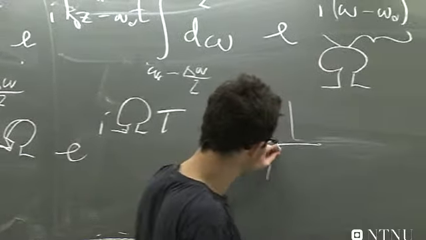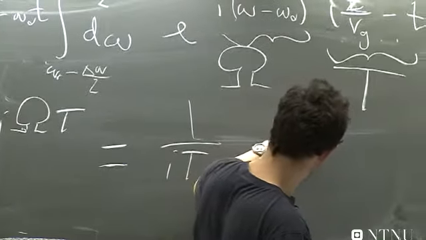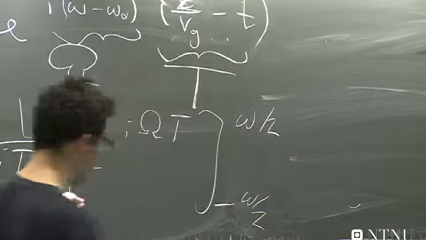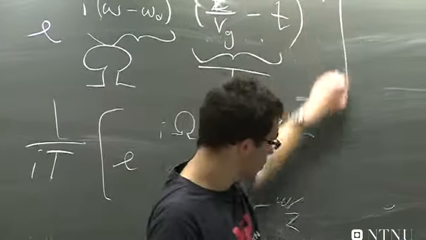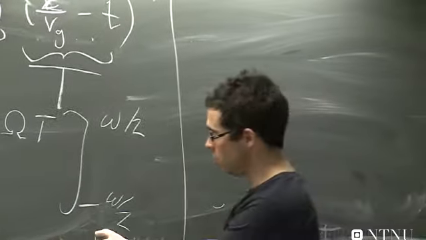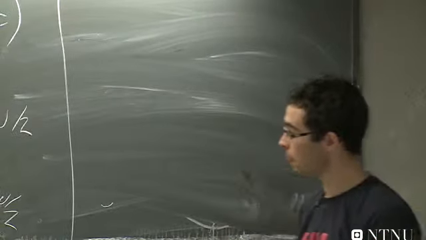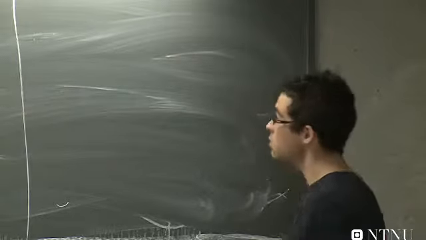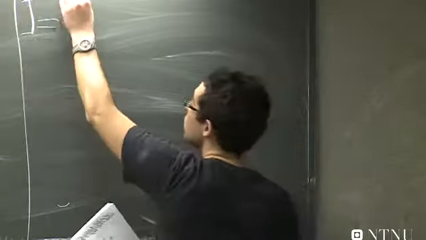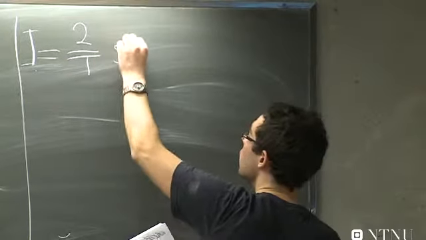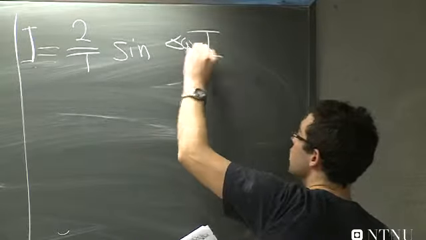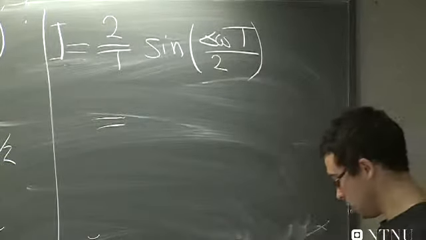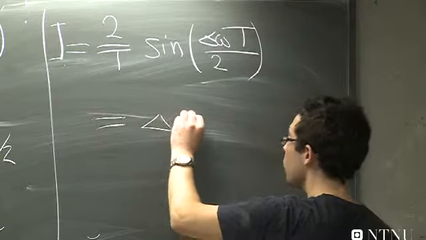So it's 1 over it. And then e to iΩt from Ω half to minus Ω half. Or perhaps vice versa. Anyway, the solution is pretty simple. This is e to plus something, e to minus something, and that's a sine function essentially. And this i is also in the sine function, if you remember that. So we get something that is equal to, so I is equal to 2 over t sine (Δω t half). Okay, and I can rewrite this to, let's see, Δω sinc